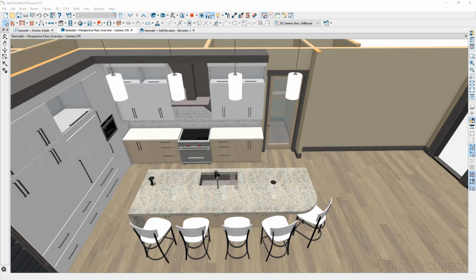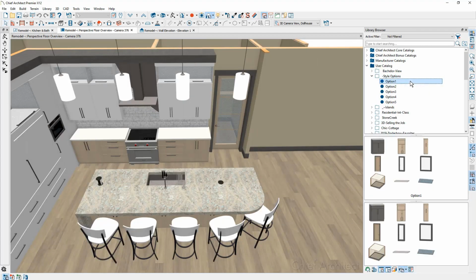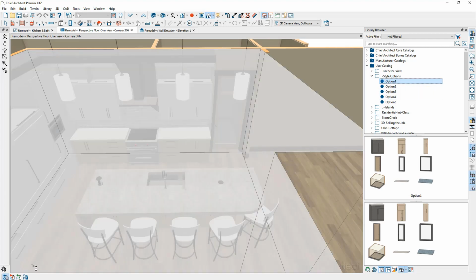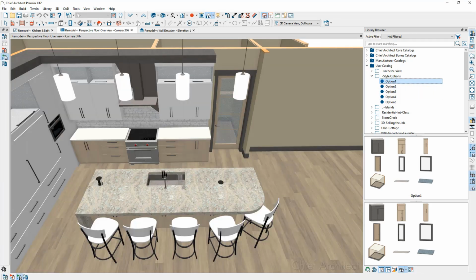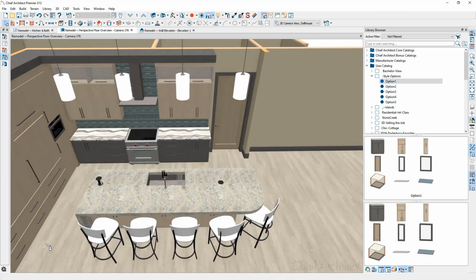Let's take a look at how this works and apply it to the room scene that we've been working on. I have saved a number of style palettes in my library with 5 different options. When you select one of the options, you can apply this in a few different modes. If you look in the far left-hand corner of my screen, you can apply these by room, by floor, by plan, also by object. When you click inside this, I'm using it in floor mode, you can pretty quickly change the look of the entire room by clicking inside.